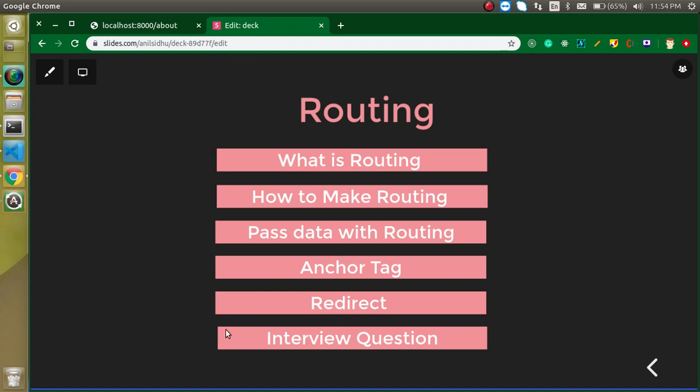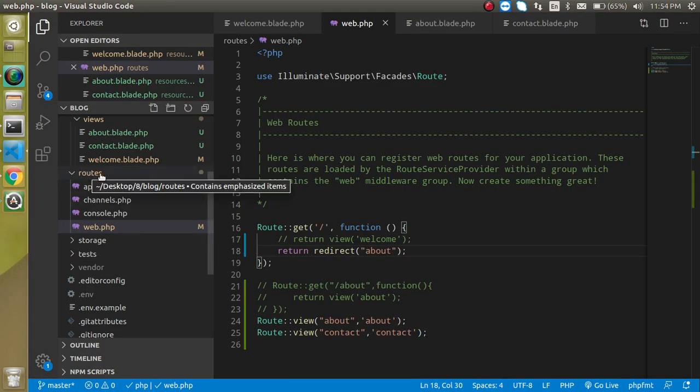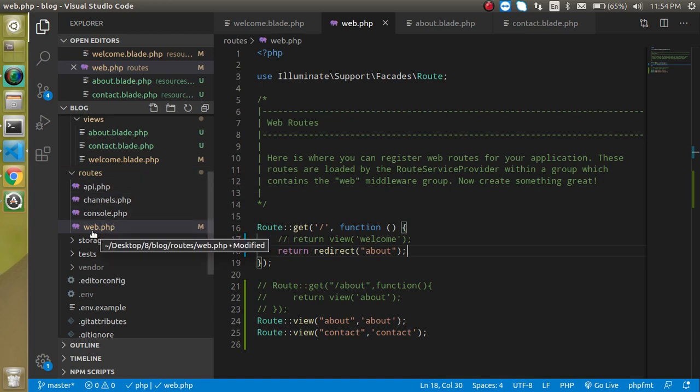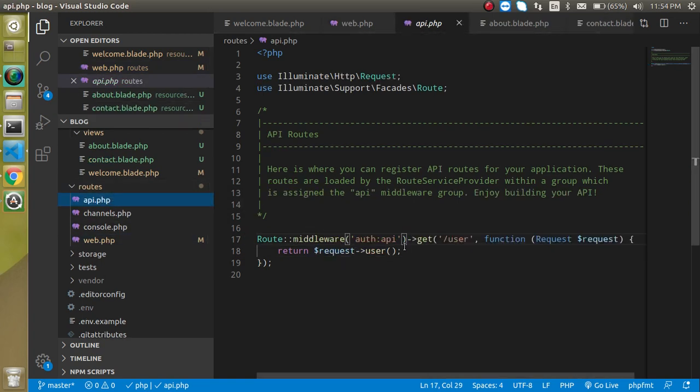So now let's come to the interview question. In the routes folder there is one file, web.php, which we worked in here, right? There is one more file which is very similar, api.php, and here you can see that this is also for the API routes and so on. So why do we use this file, or what is the use of this file? If you know, then you can comment it. If you don't know, then Google it, search what it is. Most of the time in interviews they ask what is api.php.